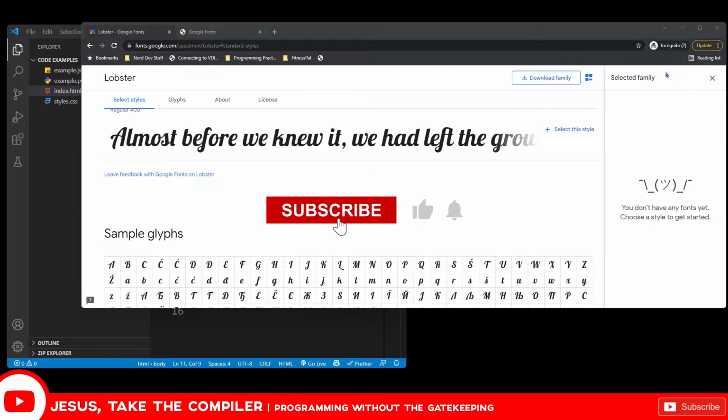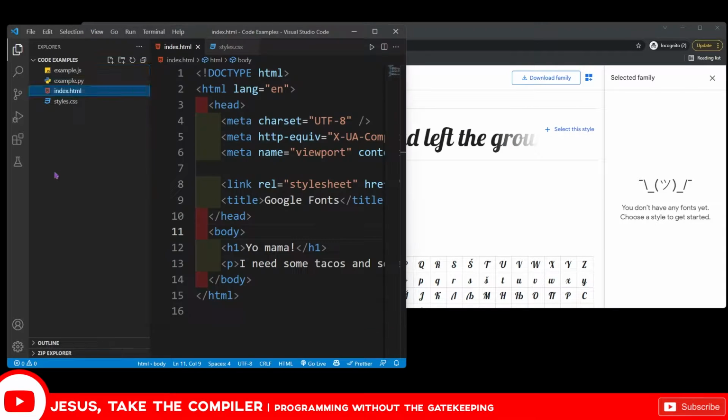In this video, we're going to be looking at Google Fonts. I have this Lobster font that I want to use because it's cool, and plus it's ridiculous because it's called Lobster. But before we begin, I want to let y'all know that this example.py and